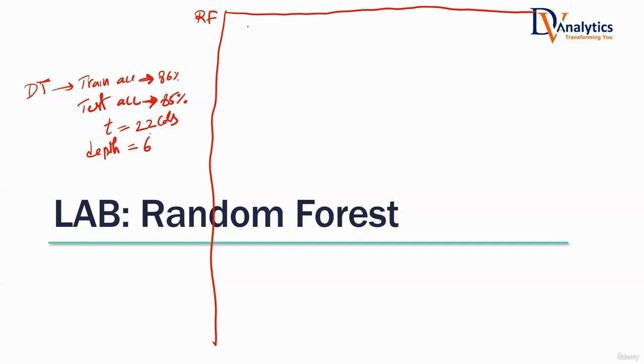All right. Look at this. When you're building a random forest, there are some hyperparameters that you need to set correctly. Then only it will give you better accuracy than a decision tree. Otherwise, if you leave it at default, it may not give you good accuracy. What was the first hyperparameter in random forest that is in your hand that you need to set correctly? Can you recollect? Okay, so number of trees.